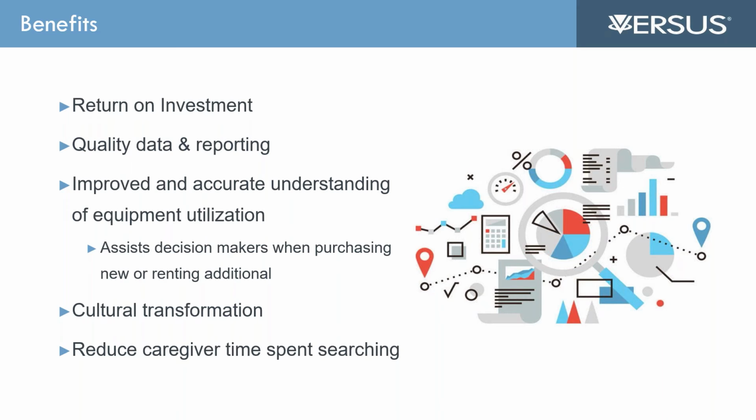trust, not just between the equipment and supply folks, providing that it's there when they need it, but even between units. There wasn't this battle for equipment, this wondering if they're going to have what they need, especially in those critical care environments like the emergency department or ICU or the operating room, surgical services. And instead, they could trust that they're going to have the equipment they need when they need it. And that sort of cultural transformation is hard to put dollars on, but is a true benefit of a RTLS